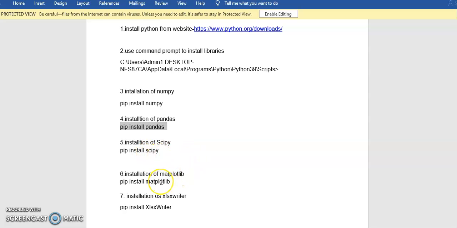To install matplotlib, we use the command pip install matplotlib. Matplotlib deals with all plotting: 2D plots, 3D plots, scatter plots, contour plots, all plots. To install XlsxWriter, it is also used for dealing with Excel files, writing to, reading from and manipulating Excel files.